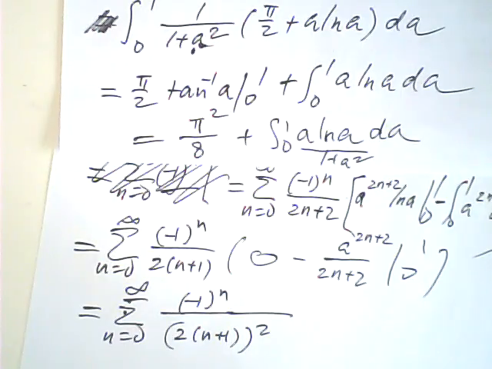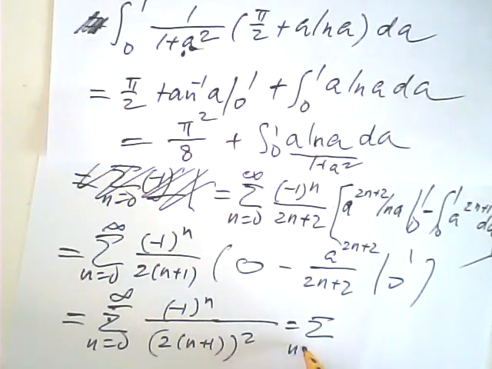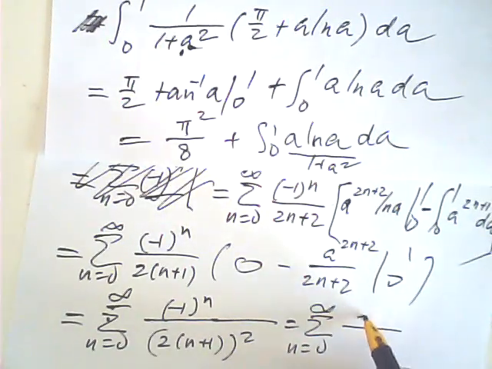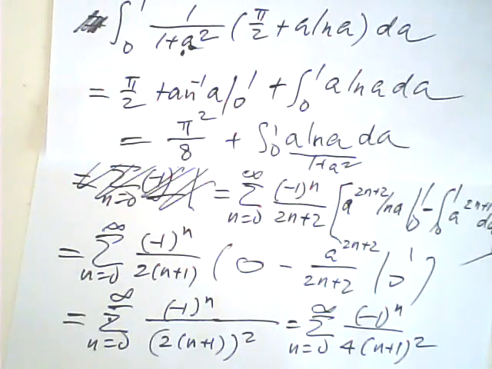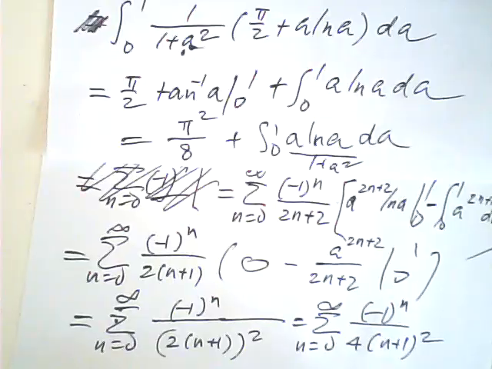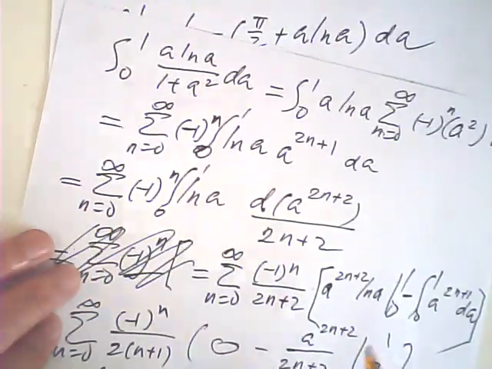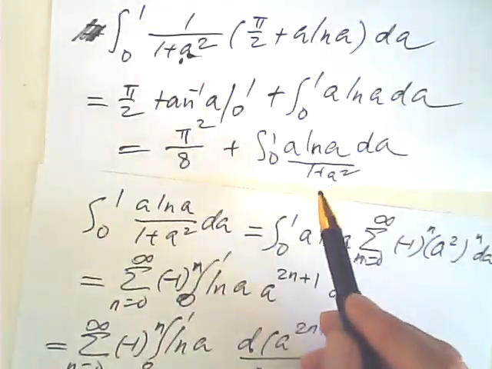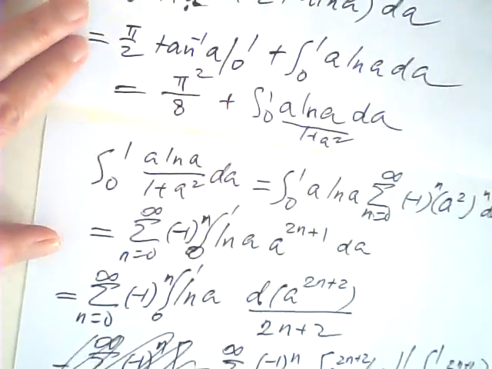Yeah. So it becomes this, 4 times (n plus 1) squared. Yeah, very good. This is only just one term of this. So my f of a,